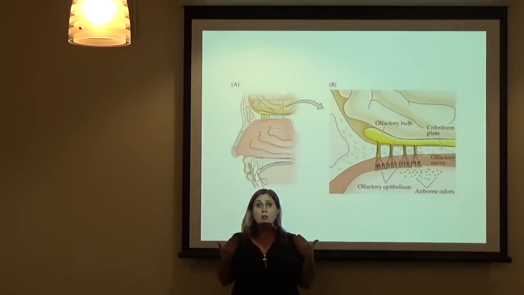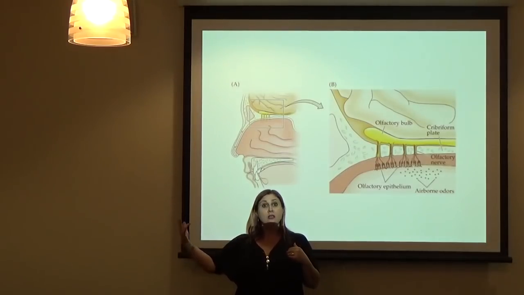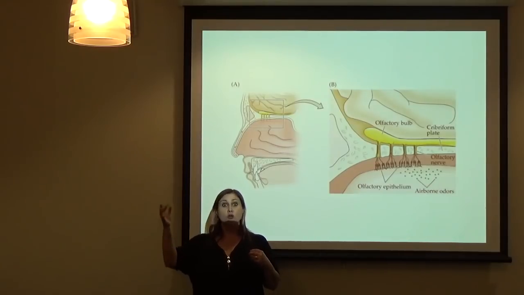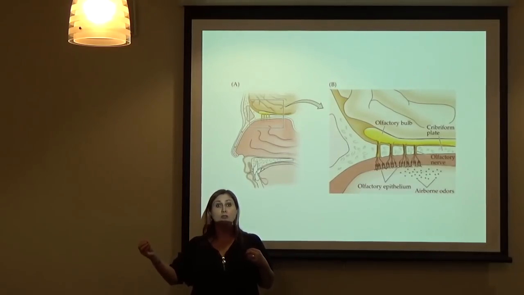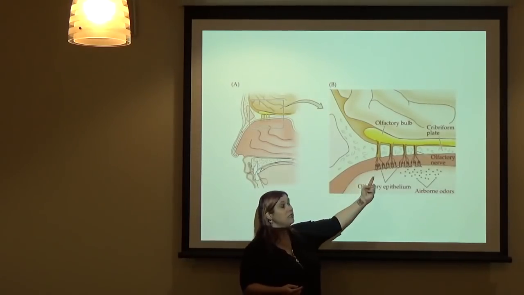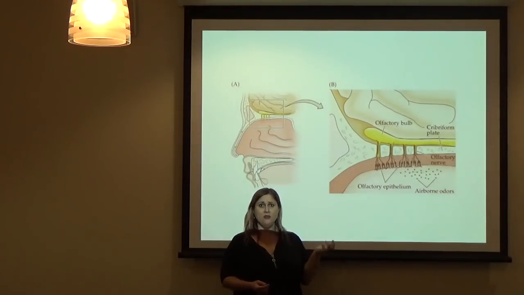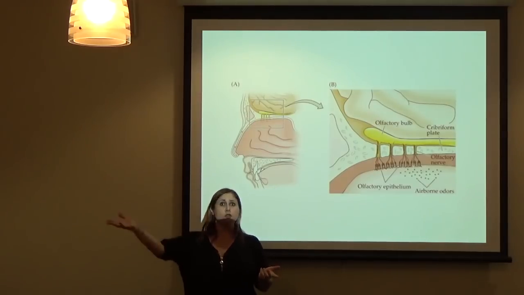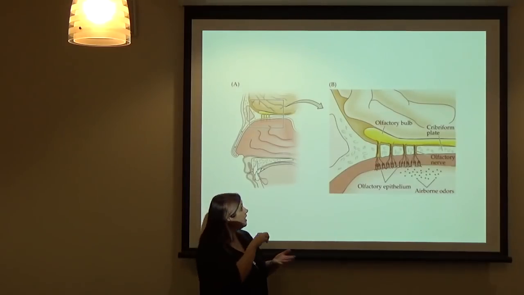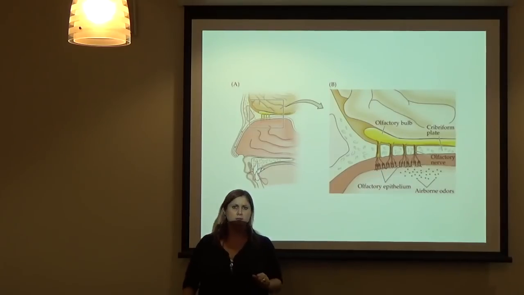When you smell an odor, let's say somebody's cooking bacon, little molecules of the bacon travel through the air. They're called odorant molecules. Little actual molecules of the bacon float through the air and go into your nose and up into the olfactory epithelium and bind to the receptors on the dendrites there, just like a neurotransmitter would bind to them, okay? But again, these are your chemical senses, so these are chemicals that are binding to those receptors. They just bind right to it.